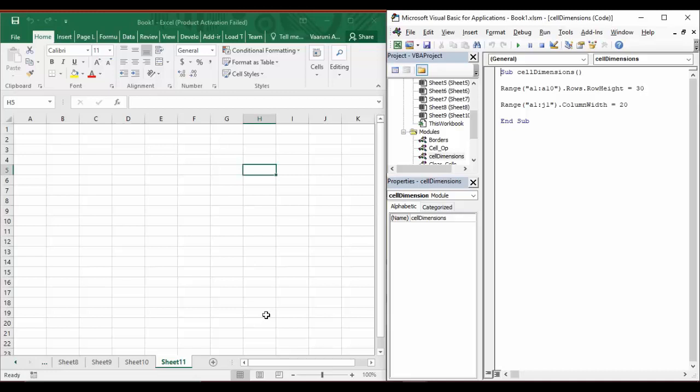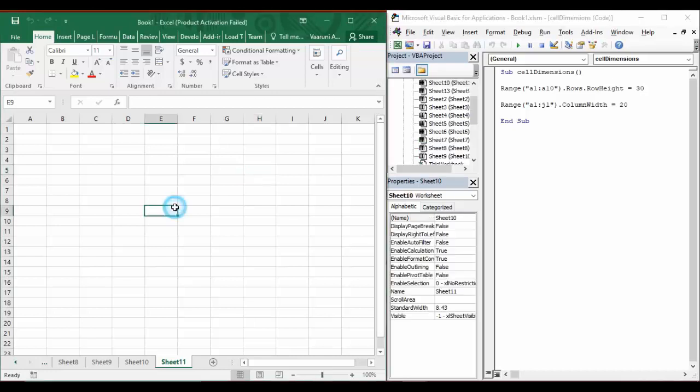Now, selecting a cell is pretty simple when we are using the simple Microsoft Excel GUI. All you've got to do is hover your mouse around and click on that particular cell, and that cell would be selected. So how would you know that particular cell is selected? You can just see this green outline around the cell.